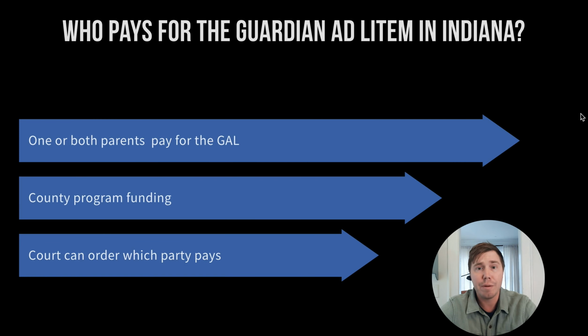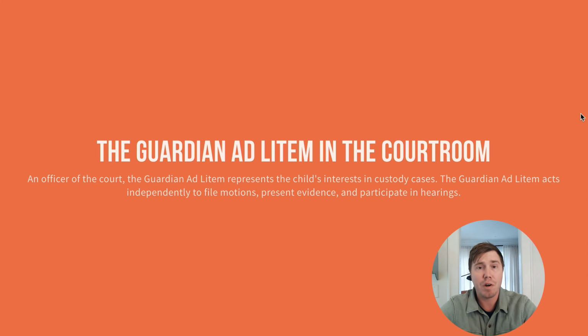So the guardian ad litems sometimes do cost money. There are county programs that do fund guardian ad litems and can cover some or all of those costs. Other times, one or both parents may pay, and a lot of times at the end of the case, the court will decide ultimately who pays for the guardian ad litem. And ultimately, the guardian ad litem is a party to the case, so they will go into court and they will present testimony as to why they made certain recommendations, and your attorney will be able to ask them questions on the stand and investigate why they did what they did, and either elicit testimony to try and support what the recommendations are or counteract them if they're against you.